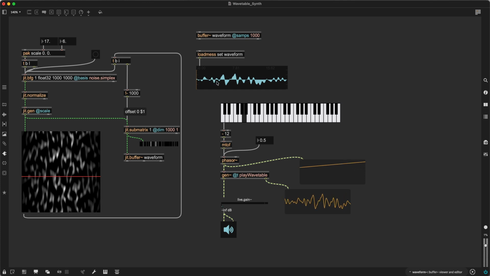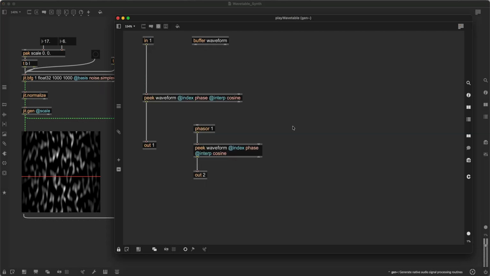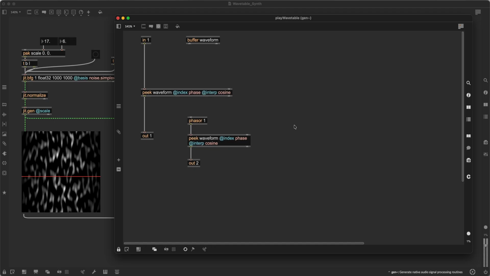So I only want this wavetable to update when we're at the end of reading the last one. So in order to implement that, I will